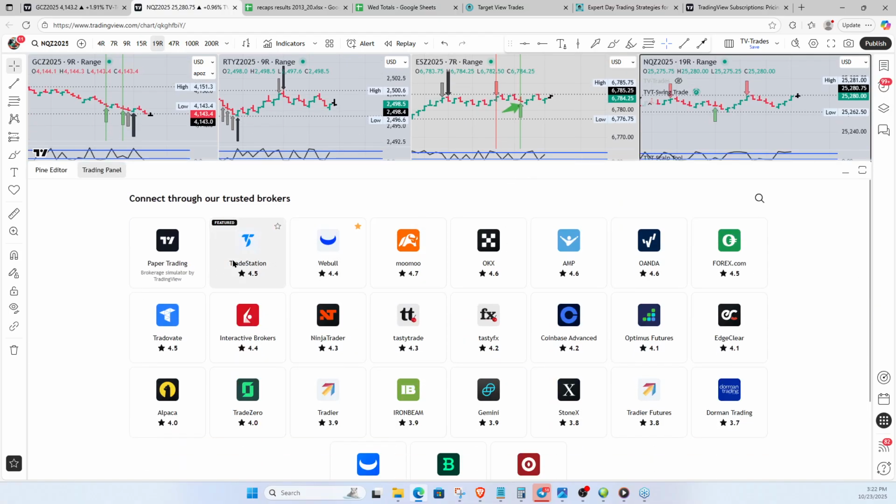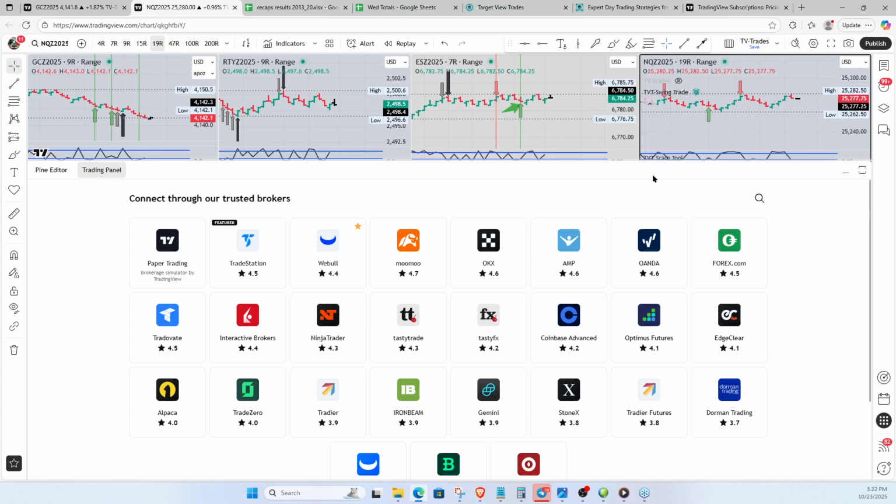I don't really like that idea, but I've had people looking at different things for me, and there was another one, Alpaca or something, this one right here. That was one I was told to look at. Webull and AMP I am.